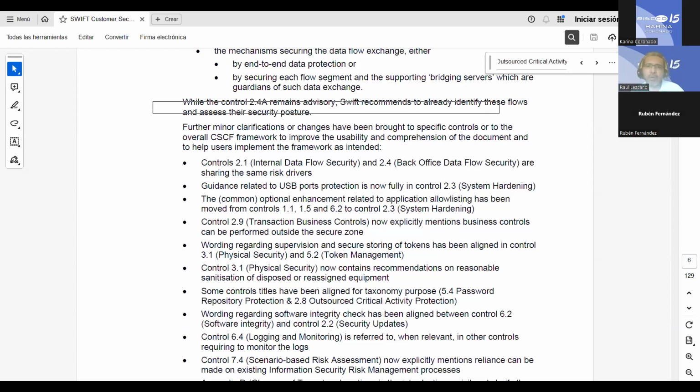What maybe I could add, I take notes here, is that we are in preparation for this exam. So the clients, the attendees, can have the confidence that we are on the Swift rules. The company was already published in the directory, but the assessors are still in the process of being certified and approving the exam. So, as I mentioned earlier during the presentation, Swift is